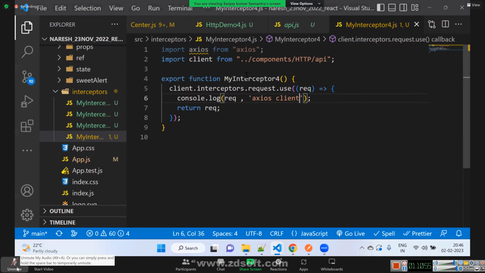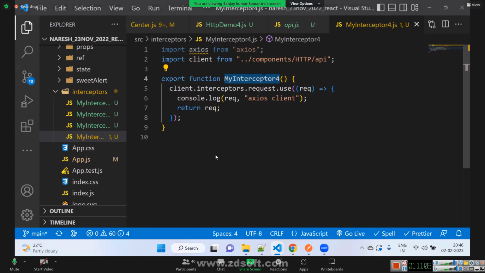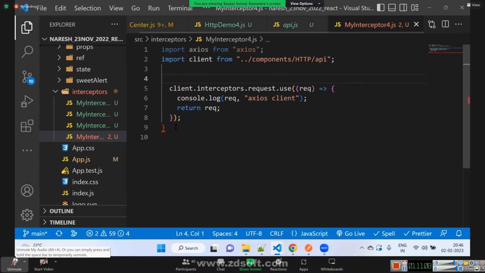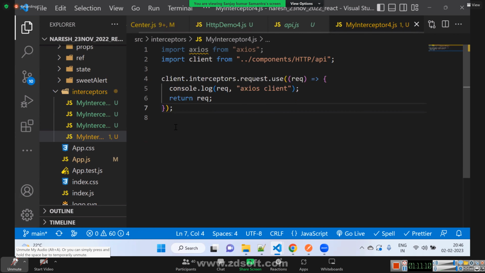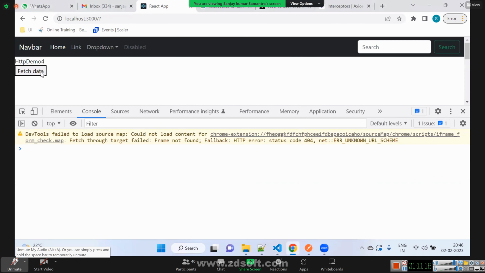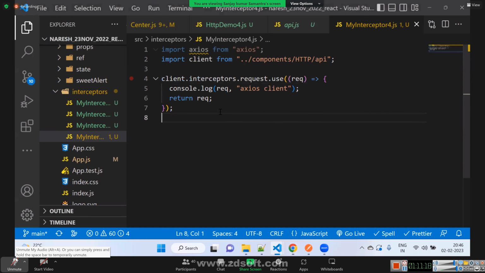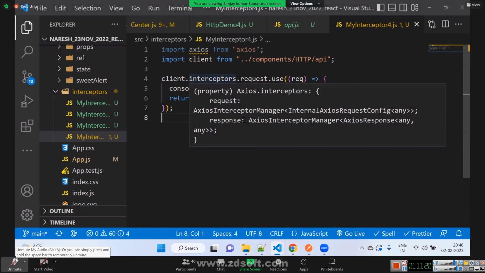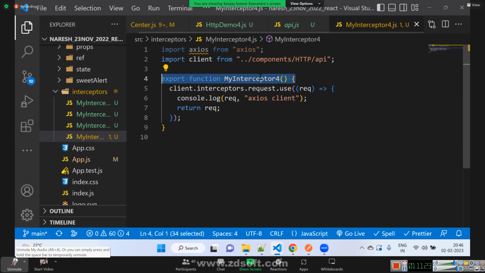What happened? Client dot interceptors. Okay. I think we did not call my interceptor, na? We don't have to write like this. We can directly write like this. No need to call also. Okay, let me call this in app.js.